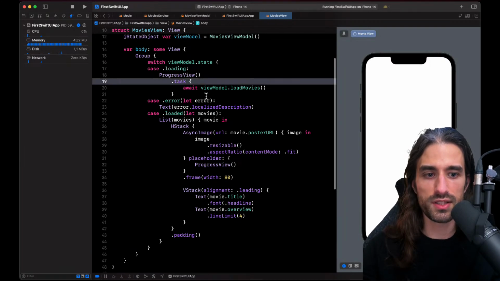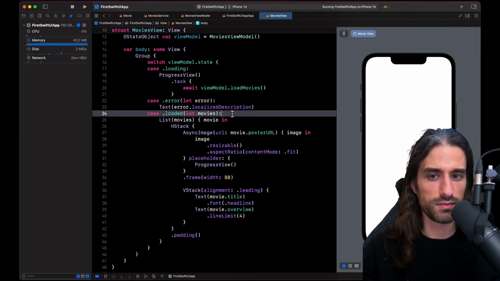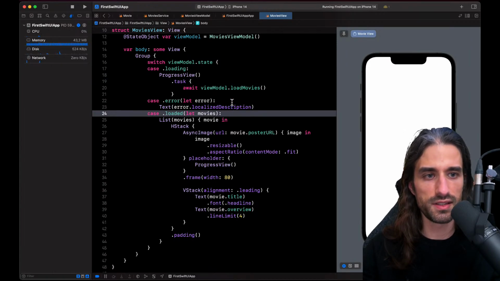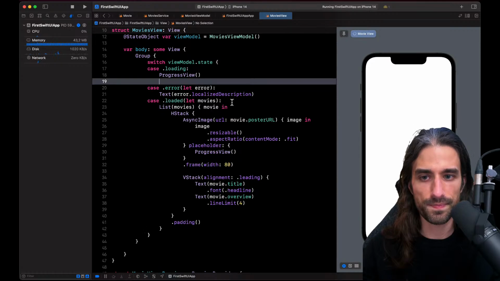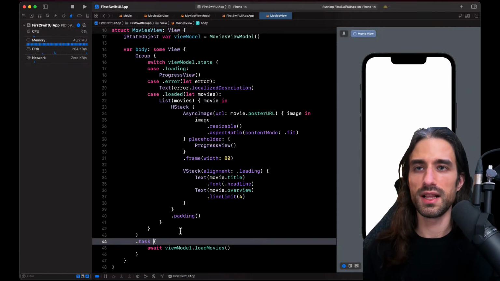Because here, if I call a task on the loader, there is no reason for it not to work. Yeah, it feels like the preview is a bit lost. I'm going to use the simulator to finish.